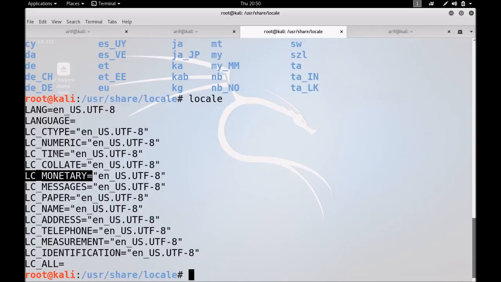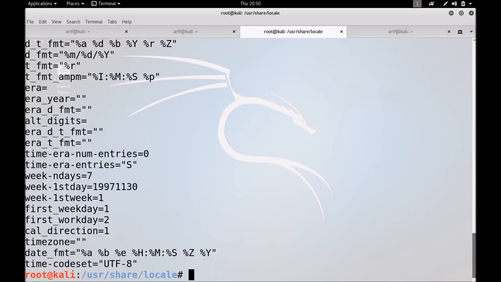Then you have LC_TIME. Let me show you the value of these. locale -k LC_TIME. Oops, a lot of information. Let me take out some easier one.